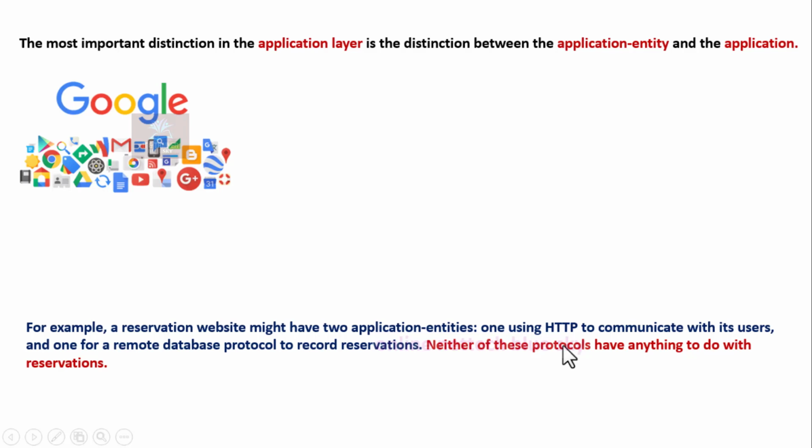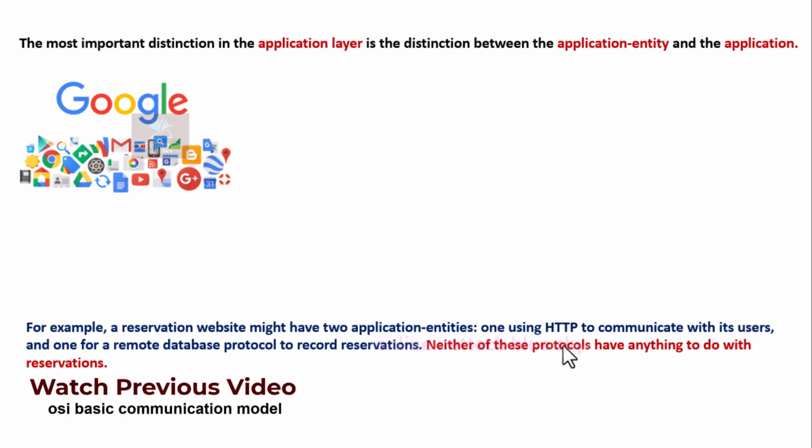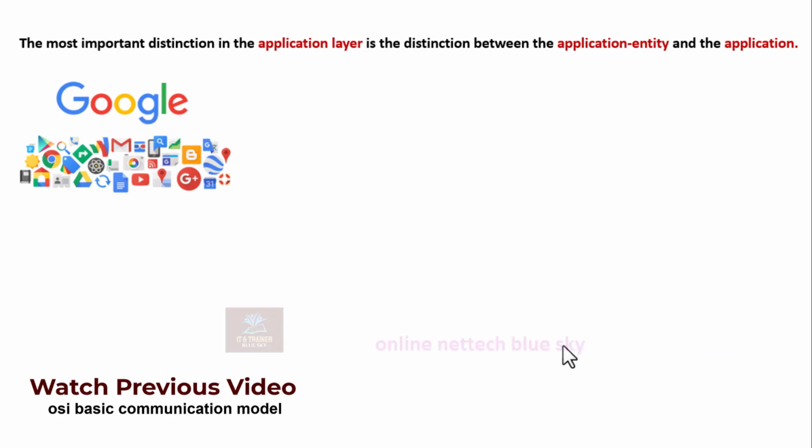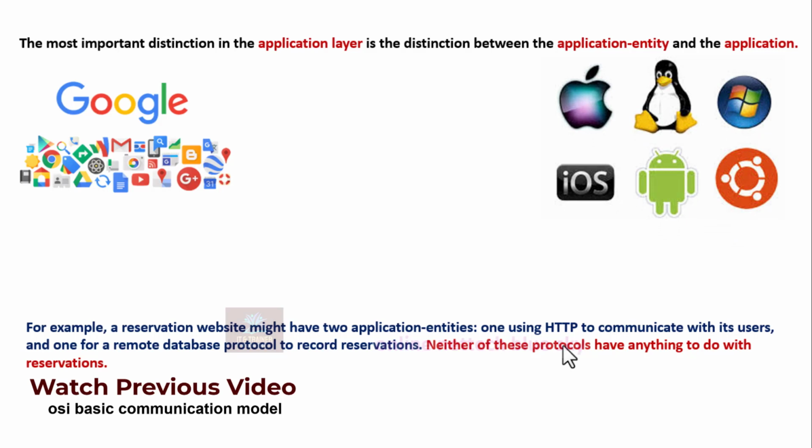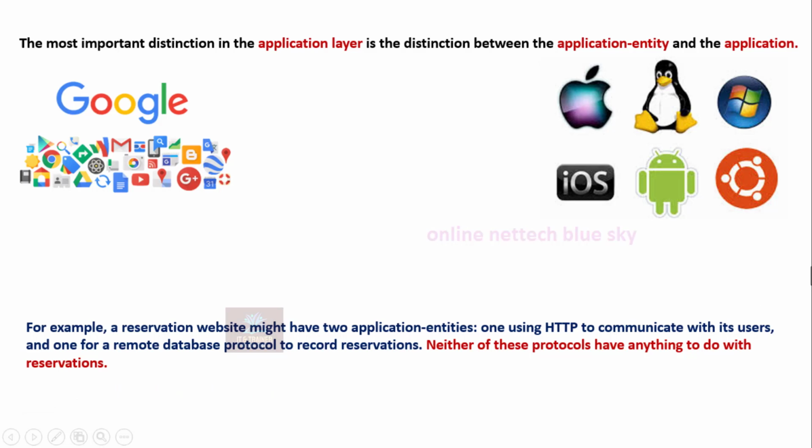Okay, so the application layer is communication from one side to another, and you open the website in the system, just like Windows, Linux, and any other website. So to understand the application layer, you must open